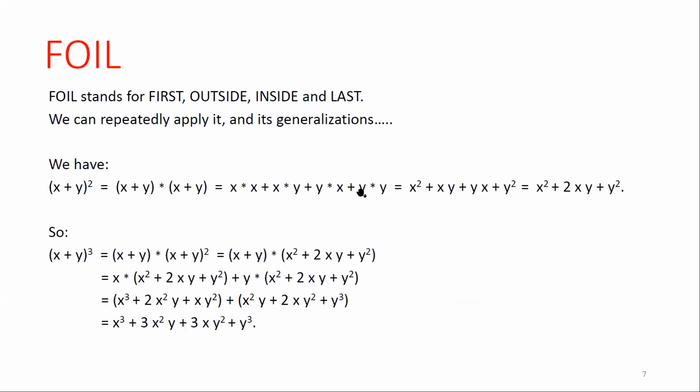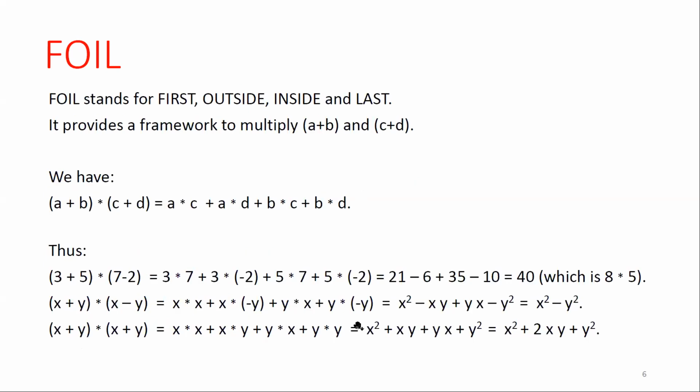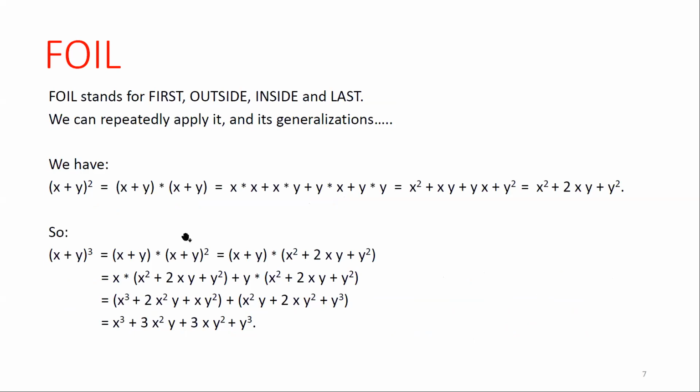Wait, how did you get the y squared? For which one? For the last one? Well, that's from the last. No, from the middle one. In the middle one? Y times negative y will give you negative y squared. Oh, yeah. Okay. So we just did x plus y squared, and when the dust settled, it was x squared plus